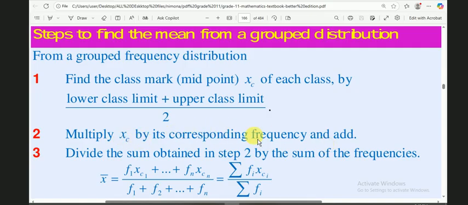Number 3, divide the sum obtained in step 2